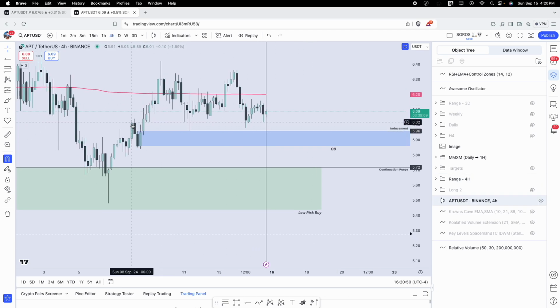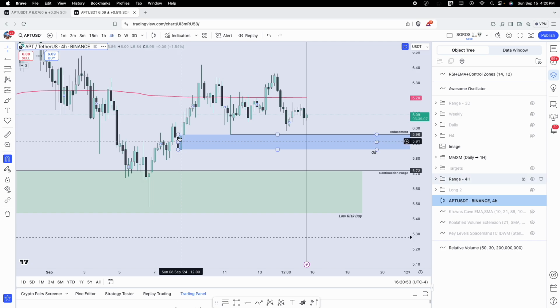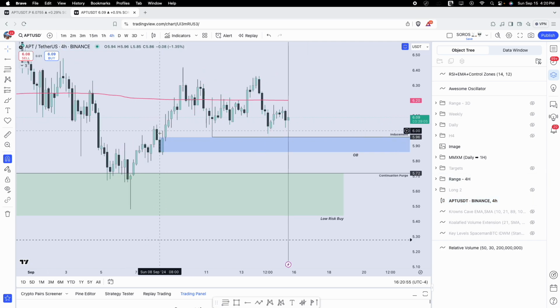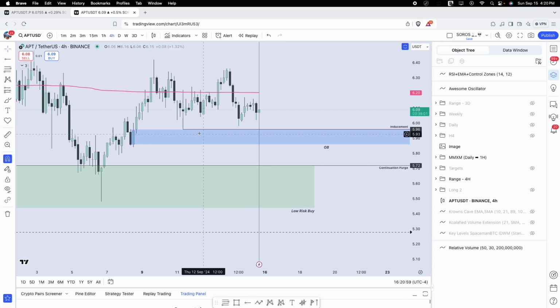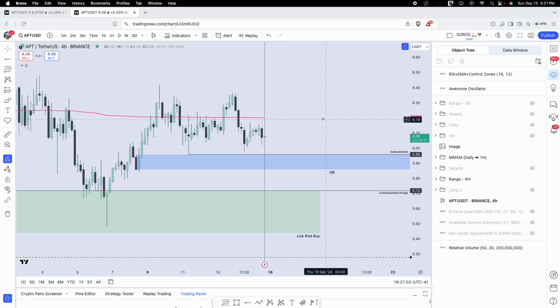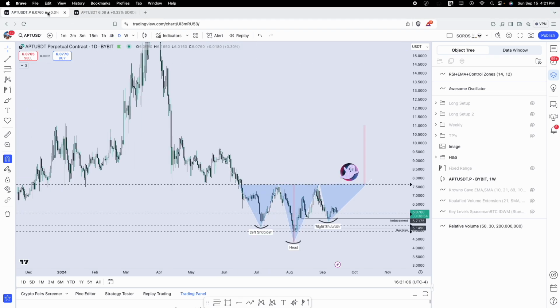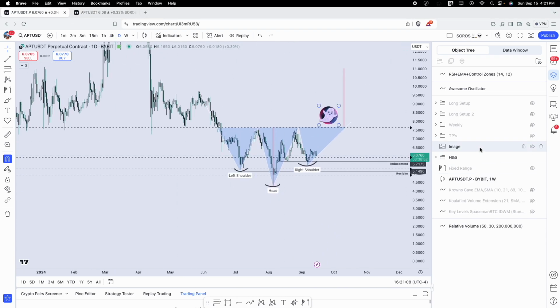So basically this whole fractal right here, this was an order block, but again they've only filled the top half, so I'd imagine there's going to be a resting bid waiting below that as well. And all I want to see in this range is a quick wick. So if we just look at this,